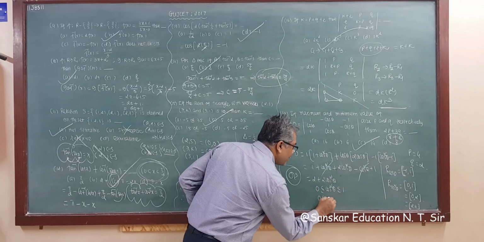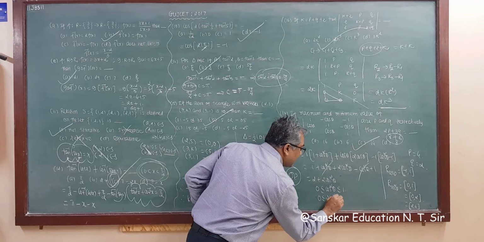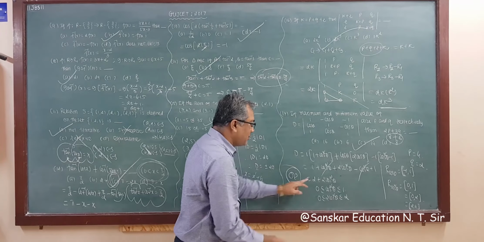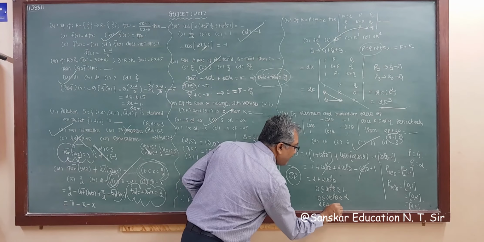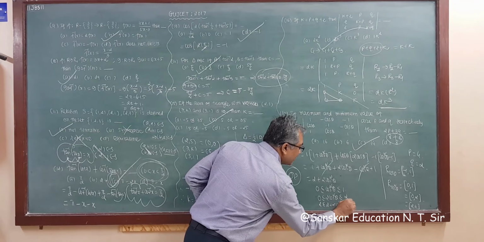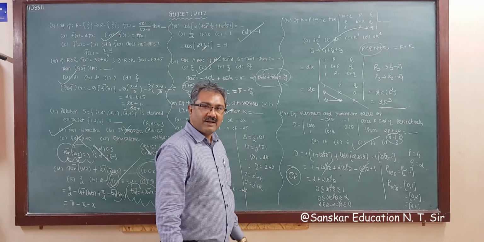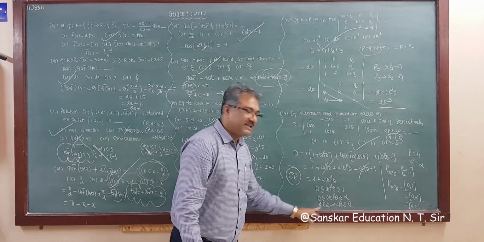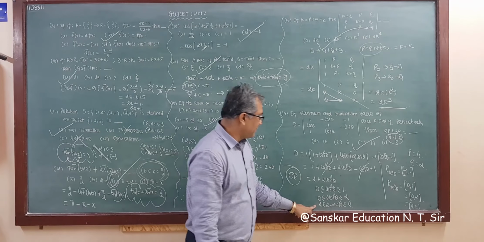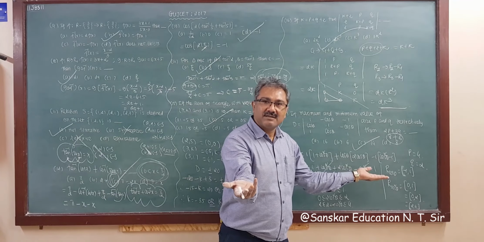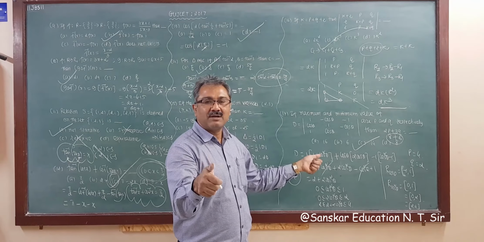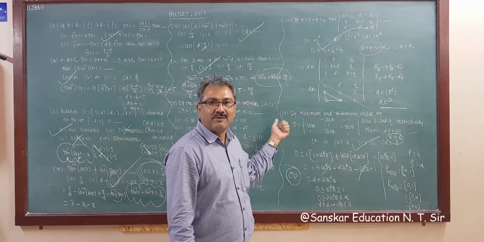This is 0 less than or equal to 2 cos square theta less than or equal to 2. And adding 2, what we get? 2 less than or equal to 2 plus 2 cos square theta less than or equal to 4. Right? So 2 and 4. This is the maximum, this is the minimum. So the maximum is 4, P is 4. Q is 2. So we will get the same answer. Right? So these are the ways to solve MCQs for competitive exams.